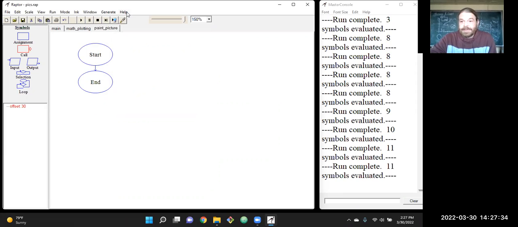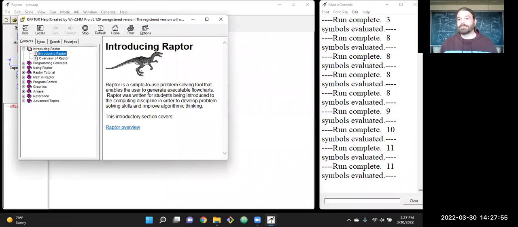Another thing about Raptor, I mentioned they started creating it back in the mid 1990s, before the internet got as big as what it is today. It existed, but it wasn't as used as often. So any software that's still around from back then usually includes a really great help menu built in. And Raptor is exactly like that. If you go to the help menu,